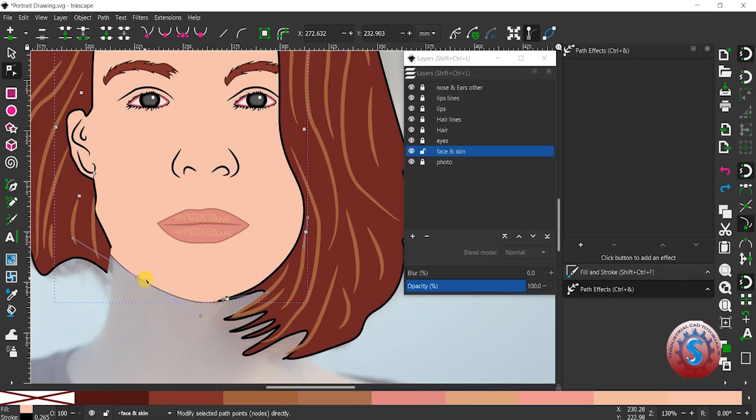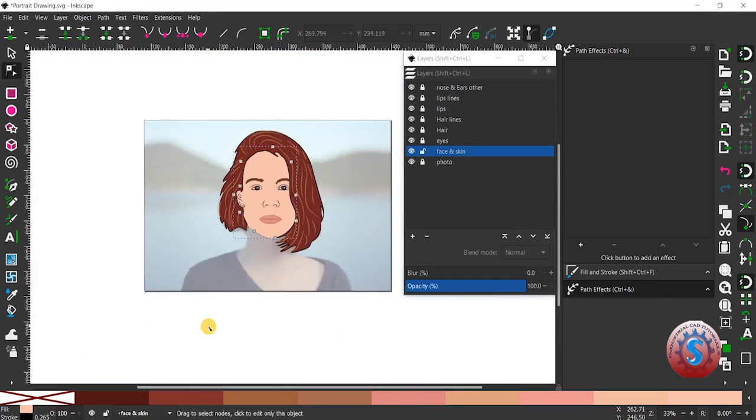This is for the beginners, it is okay. You can observe by using the node how the shape is obtained. Clearly you can observe by using this. Any irregular shape you can make by using these nodes. As compared to Illustrator, where a lot of different tools are there, in Inkscape with only one tool you can achieve the shape.